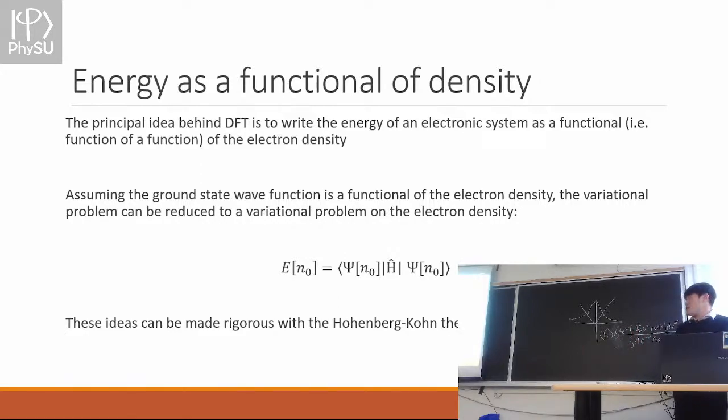But the idea behind DFT, density functional theory, is instead to suppose we can take the electron density of some chemical system, and we can write the energy as a functional of the electron density. In that case, the variational problem becomes: what's the electron density that minimizes the